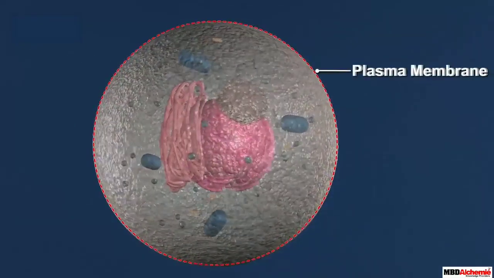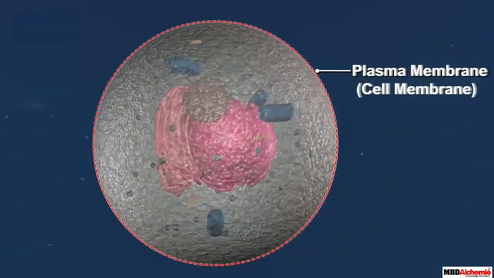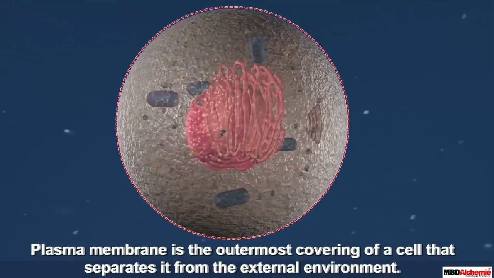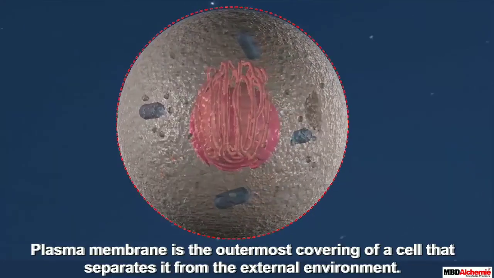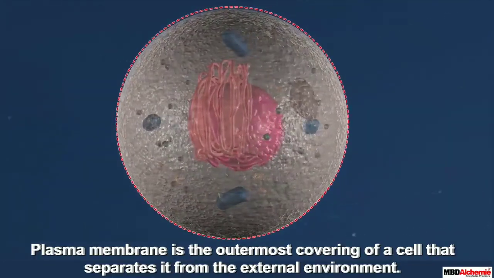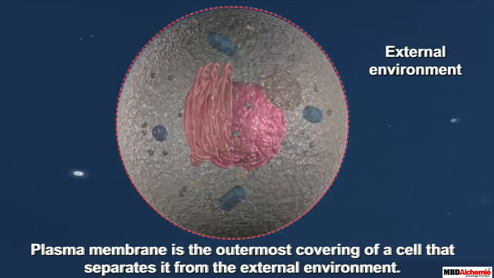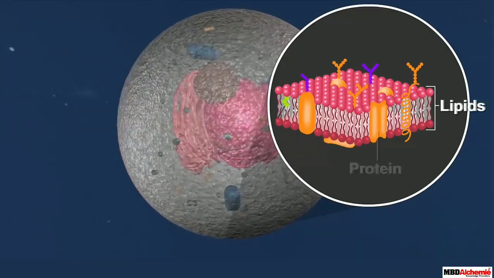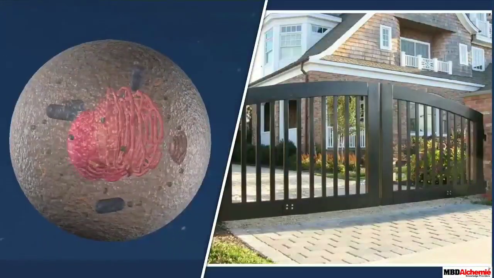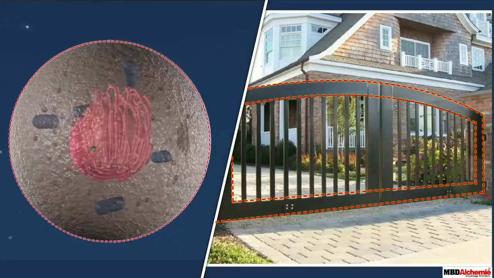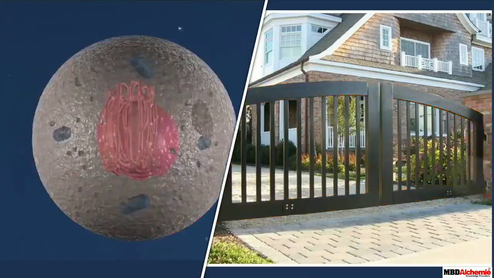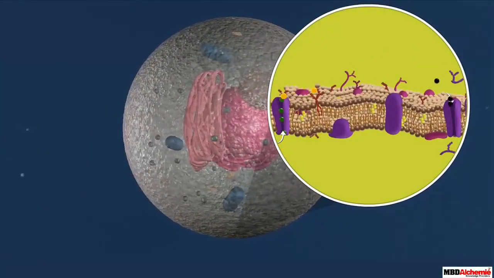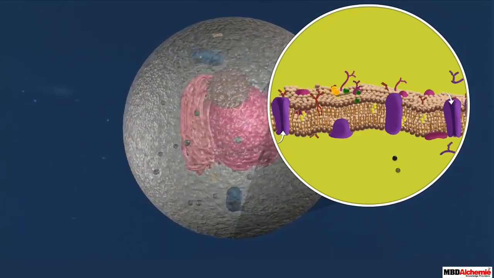First, we will discuss about the plasma membrane or cell membrane. This is the outermost covering of the cell that separates the contents of the cell from its external environment. That means the plasma membrane will act as a boundary of the cell. So students, we will be having a front door for our home, right? And our mother will allow only the selected people to get inside of our home. That means she will not allow any kind of strangers or beggars to get inside of our home. They will be asked to stand outside, right?